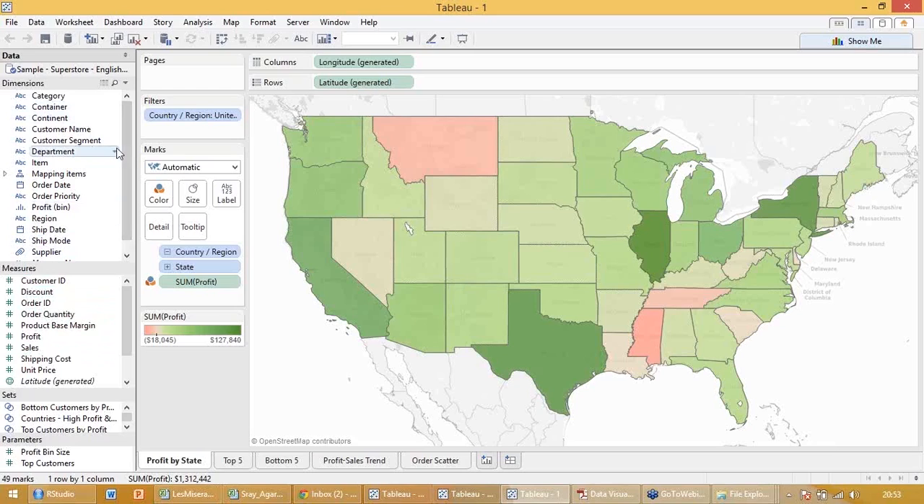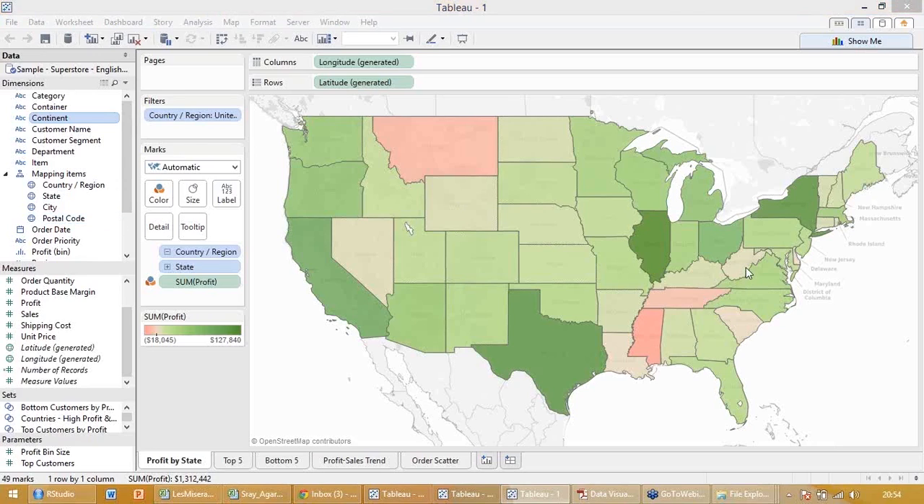Now, the moment you have something called city, region or continent in your data set, what does Tableau do? It automatically generates latitude and longitude for you. This is a mapping item. So I took country, state, city and postal code and made it a hierarchy. On top would come country, below this state, below that city, and below that postal code. For example, in India, or Asia, India,